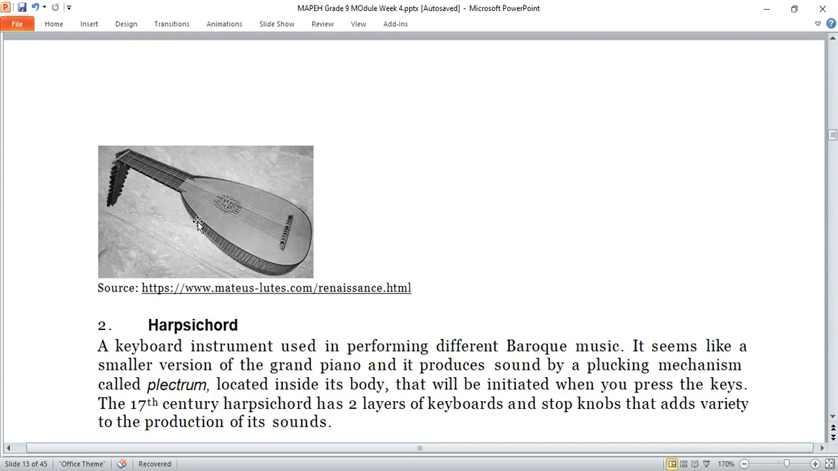So this is an example of a lute. You can click the link below in our description box to watch and listen to the sound of the lute. You can pause this video, then proceed to that. Number 2,